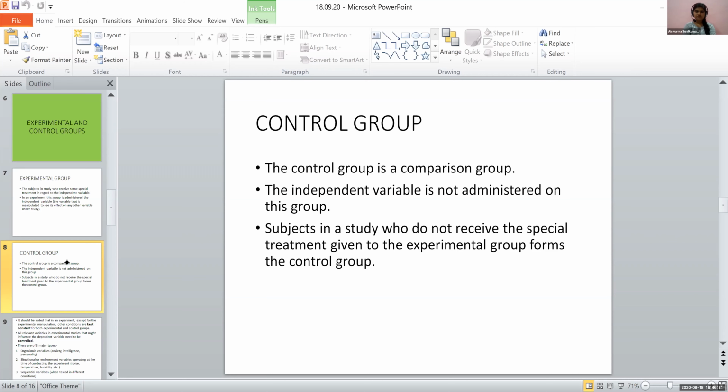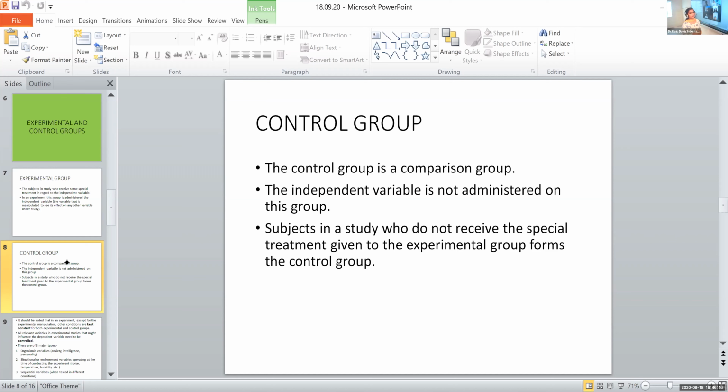Yes, ma'am. Okay. Now, so what all did we learn now? In experimental method, we learned about variables. Then we learned about the two main types of variables. Then we saw the various examples regarding independent and dependent variables. Don't ever forget the cause effect thing. Okay, independent and dependent variable.